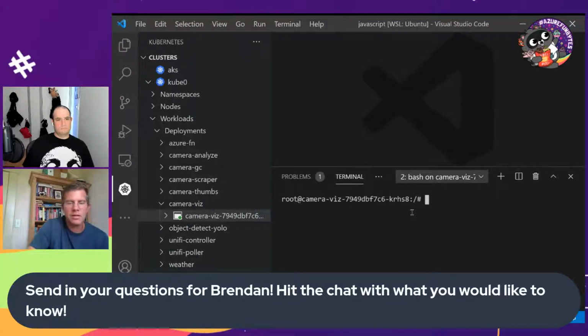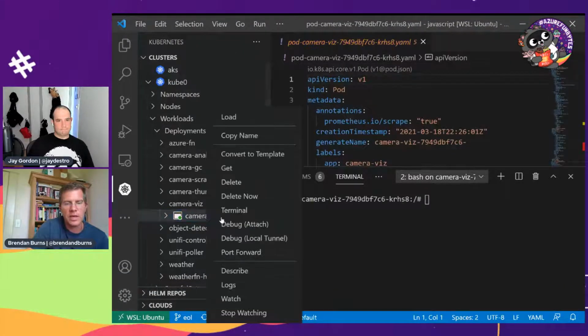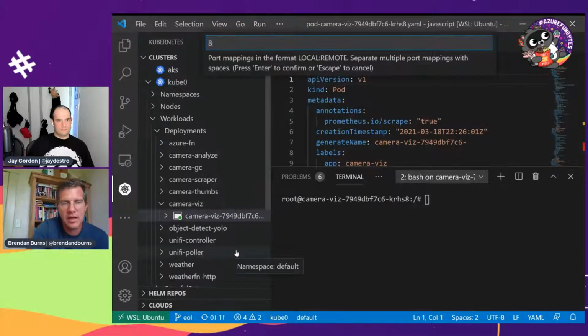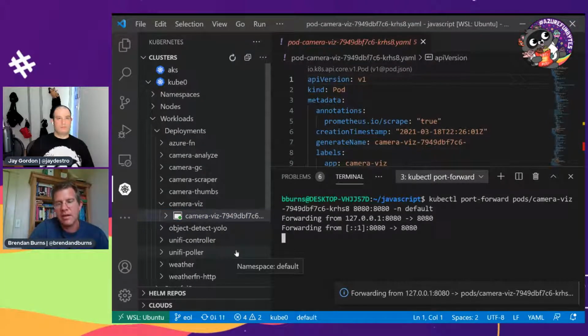And I think the last piece of that is also, it has a security value because we can actually go through here and we can say, actually, I want to port forward. And I can just say 8080, 8080. Because I think one of the things we see a lot is people accidentally putting things out on the internet. And now there's a port forward going from that pod to my localhost. I can just access it from a web browser on localhost.